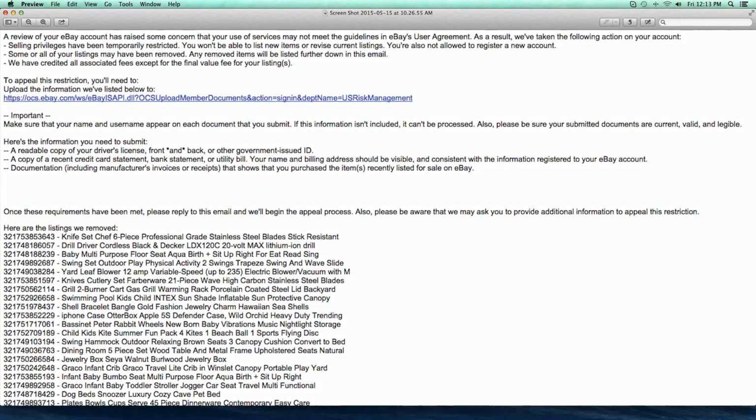And it says some or all of your listings may have been removed. And if you guys look at the bottom of the message here, you see this big list. These are all listings that were pulled off, deleted off of eBay. So it says some or all of your listings have been removed. Any removed items will be listed further down in this email, and those are the items there. And then the third thing says we have credited all associated fees except for the final value fees of your